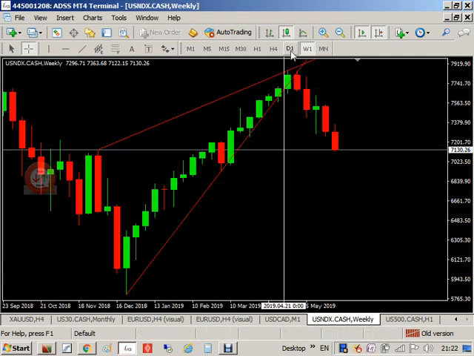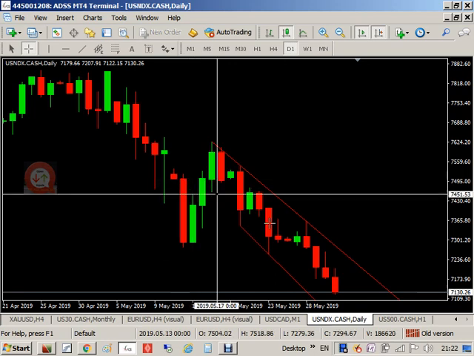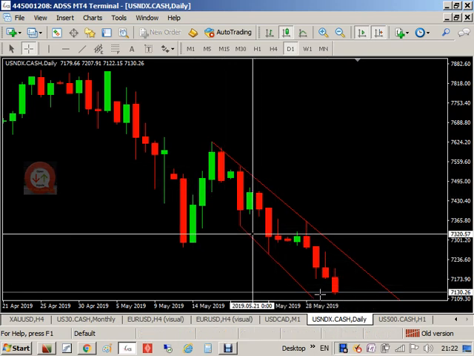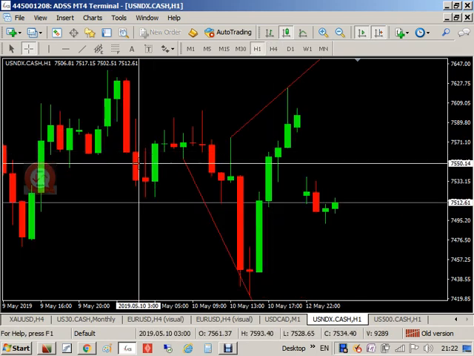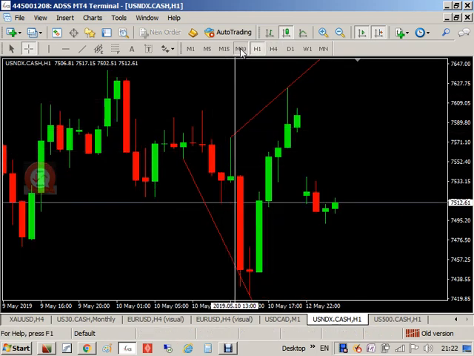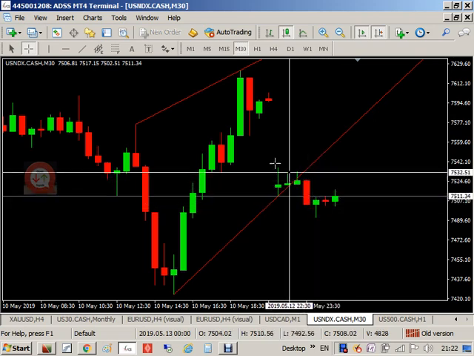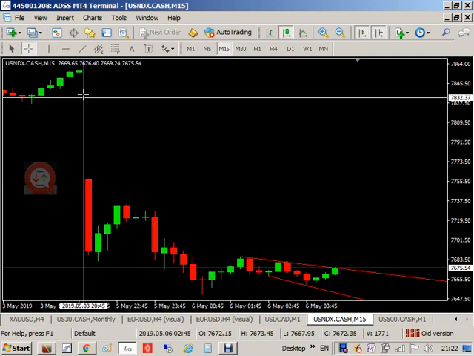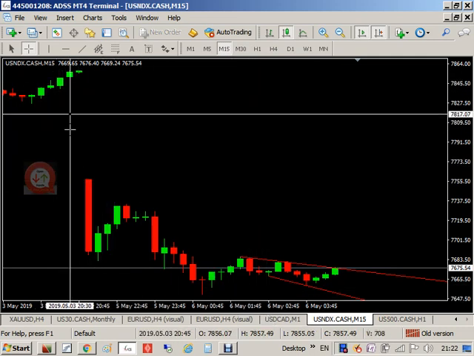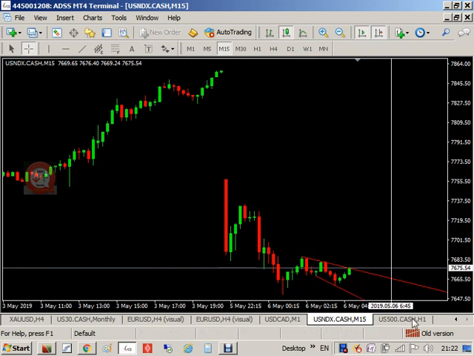If we go daily, this is Nasdaq, already down at the end. We go 4 hours, 1 hour, 30 minutes. It's already showing a kind of short here. 15 minutes. This gap is from the weekly opening. So